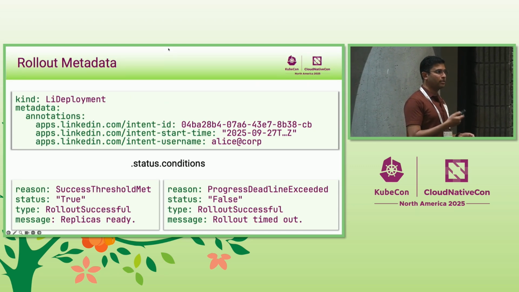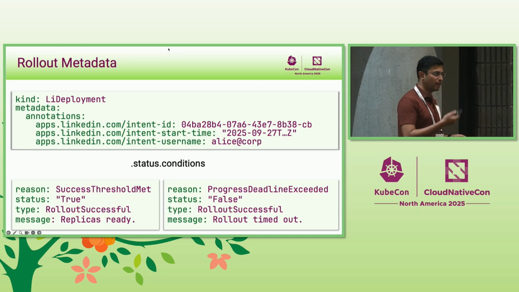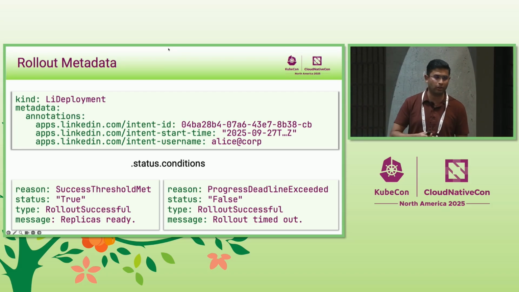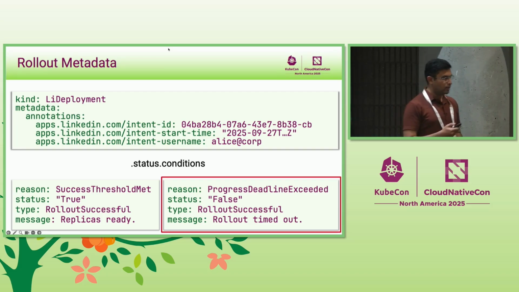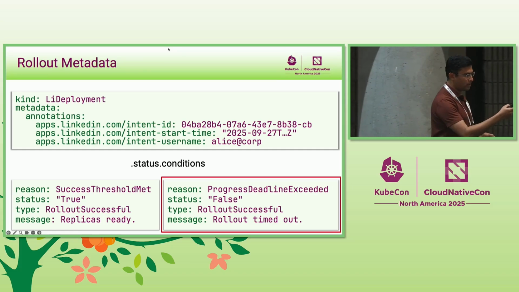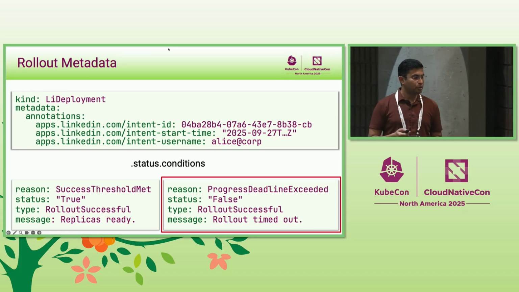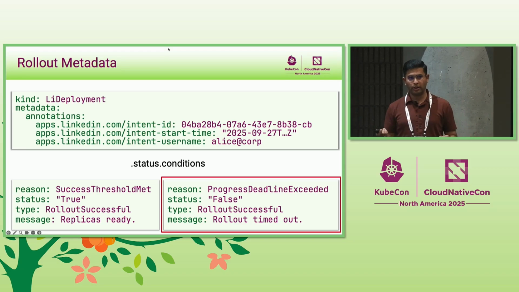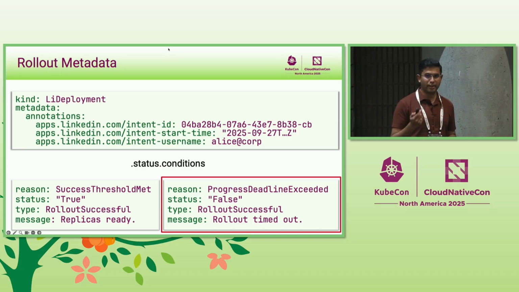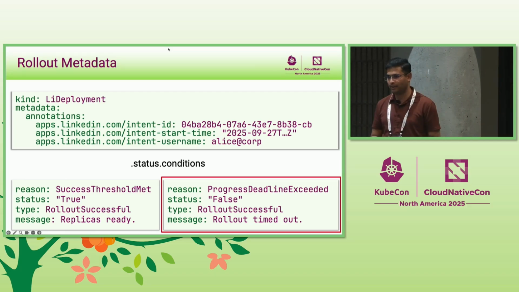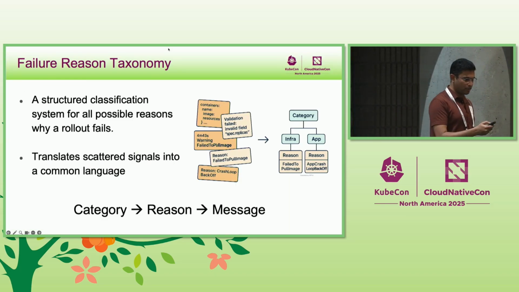So to recap, this is the rollout material that we just captured. We have the 3 annotations, and we have status conditions showing whether it has succeeded or is false. Now, if you take a look at the right one that I've highlighted, the status says false. Sure, we now know that the rollout has failed, but it's not really enough, because what users really care about is, why did it fail? So that brings us to the